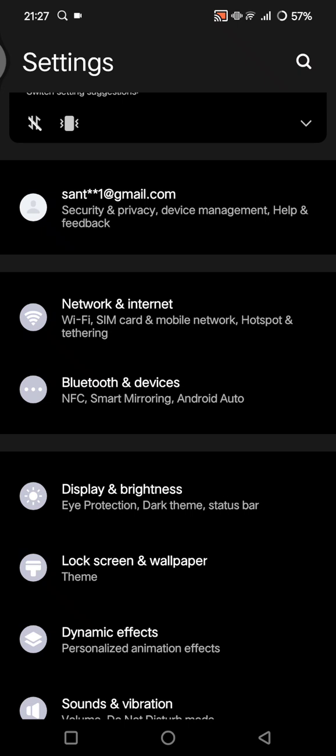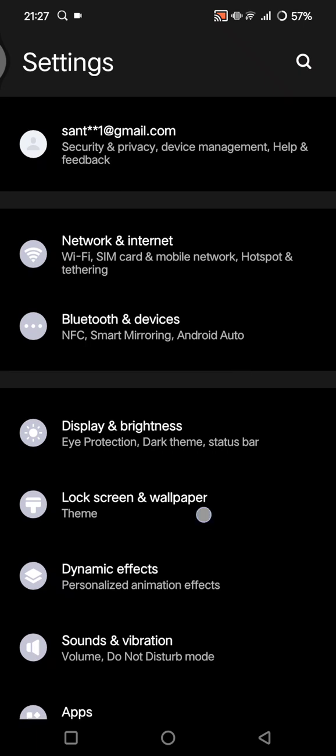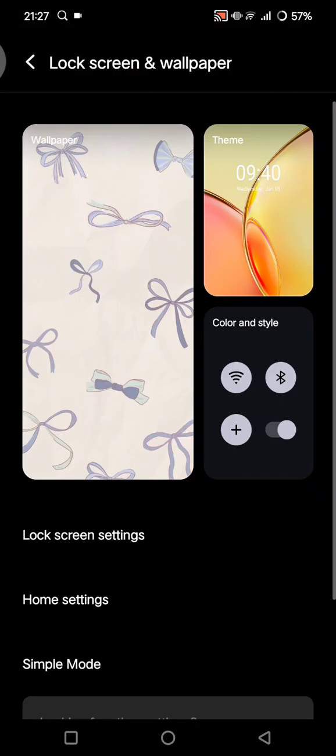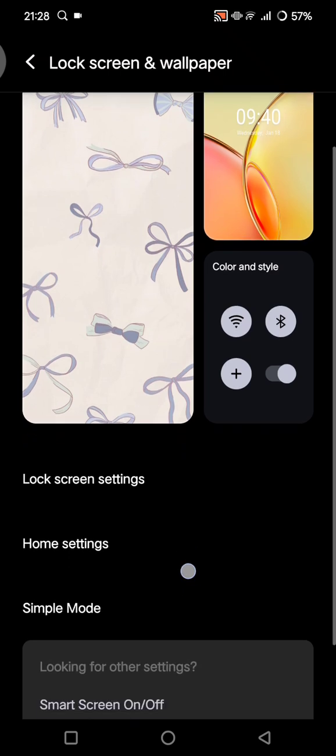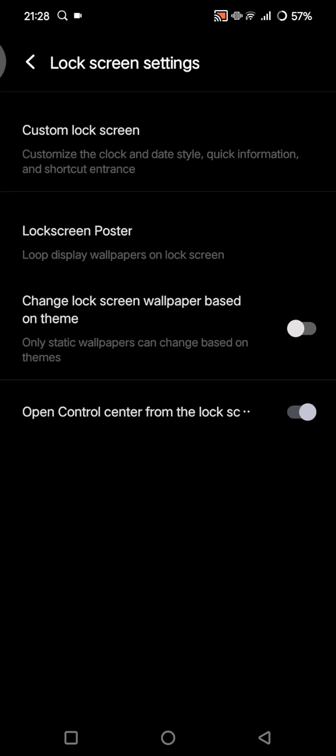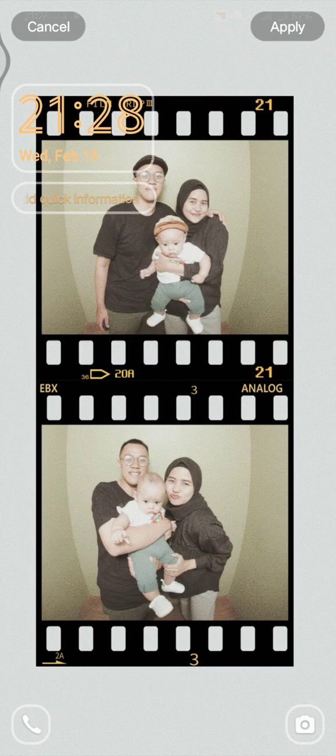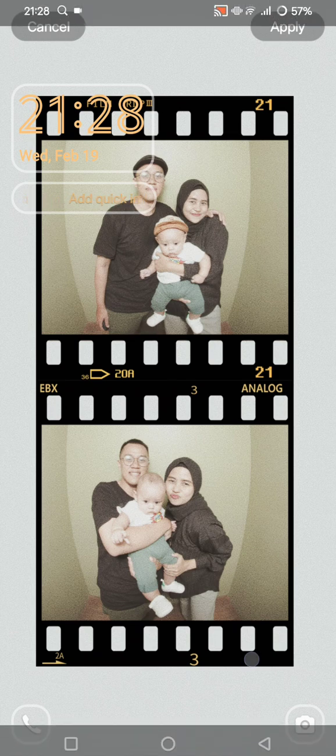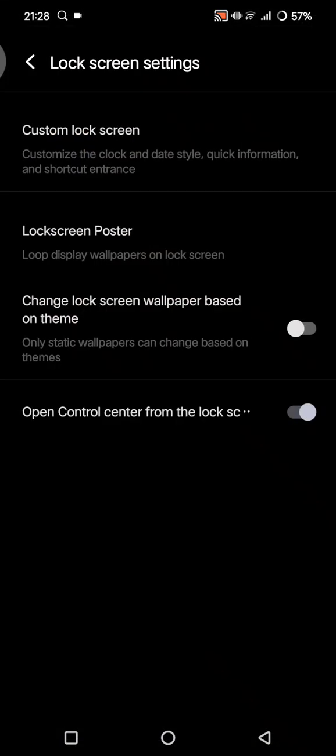The second method, you can change the lock screen wallpaper. So for devices that apply automatic blur to certain wallpapers, you can just open settings and then wallpaper, lock screen and wallpaper. And then you can just tap on change wallpaper and choose a different high quality image. Here, for example, I'm going to just go with lock screen setting. You can click on the custom lock screen. So this is my current lock screen. You can change it, or you can just find